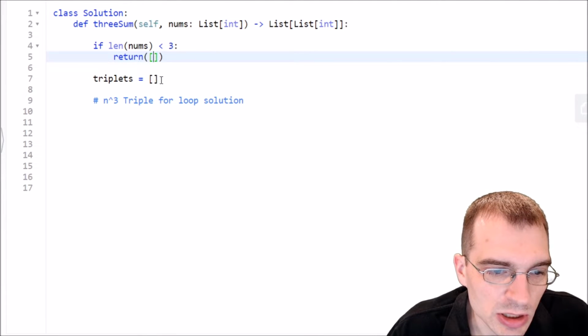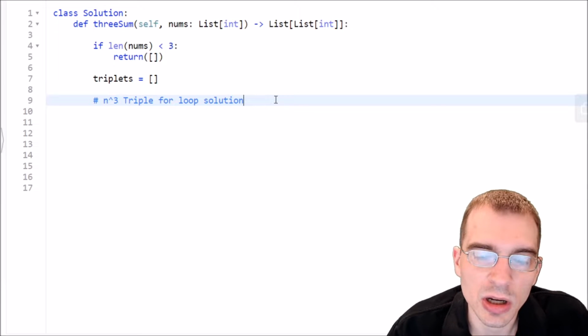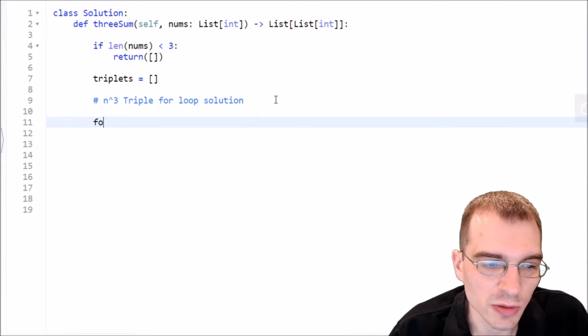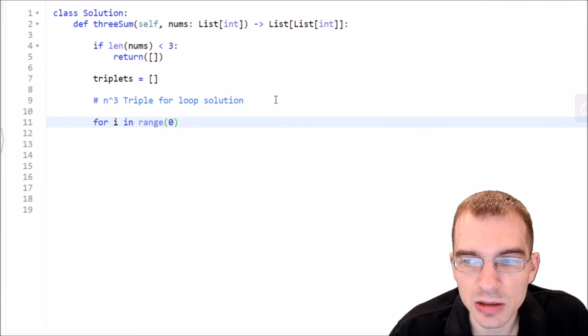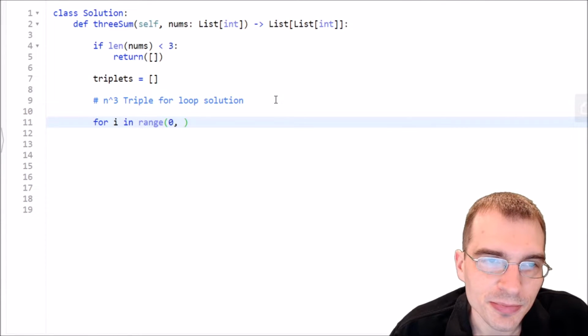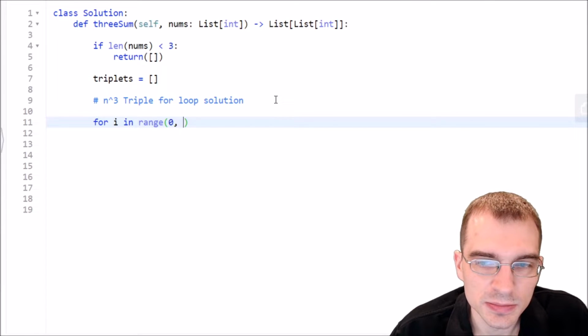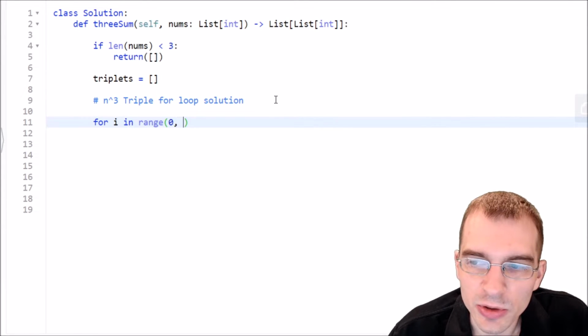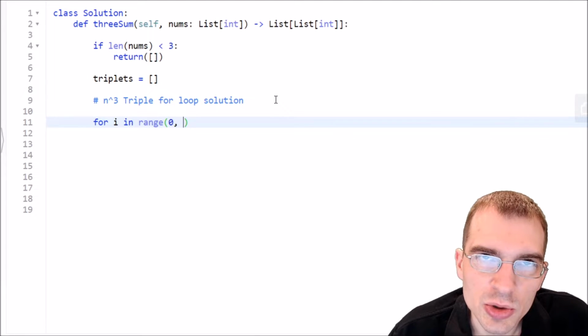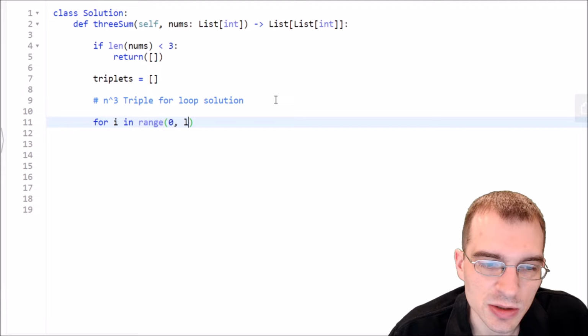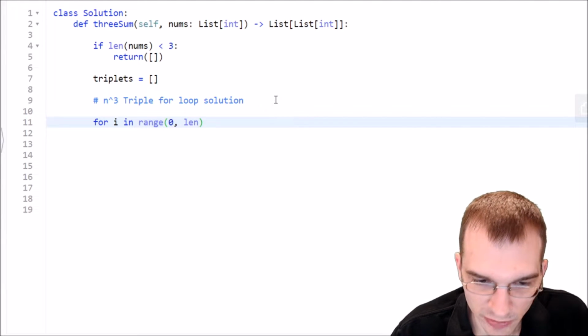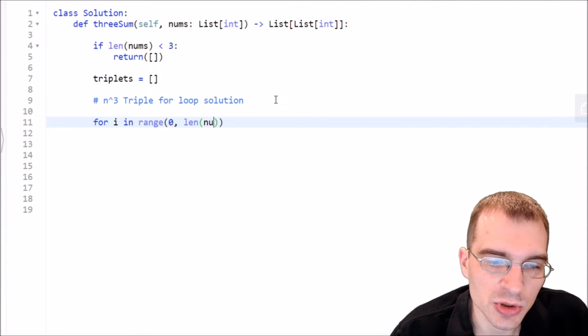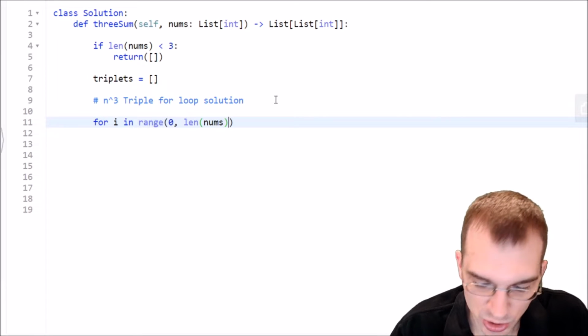And then we need to initialize this empty list. Now we just need to come up with our triple for loop. So for i in range, we want to start at the beginning of the list, and we're going to go to almost the end of the list, but we don't have to check the last two things because those are going to be part of our other loops. So we'll go to len(nums) minus 2,